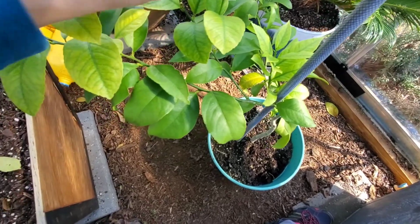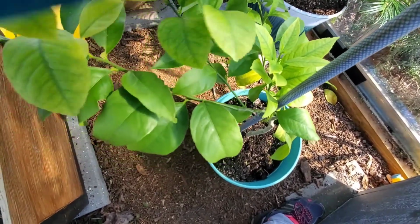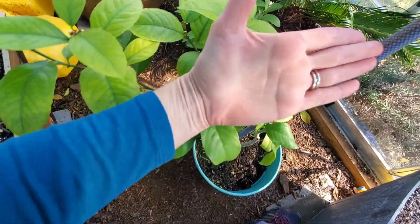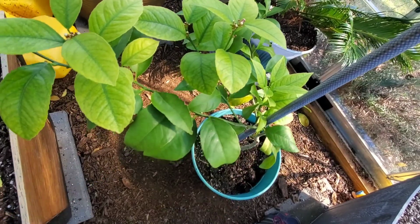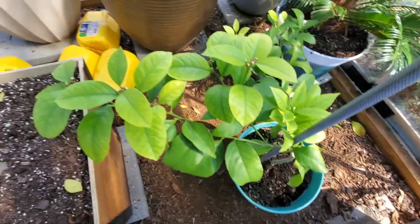This one you can see is flowering too. It's struggling. We got some flowers over there, but it does have spider mites on it. Got some yucky red stuff on my hand. But I'm going to spray this one too, and my big plant. Now I do have, let's see,